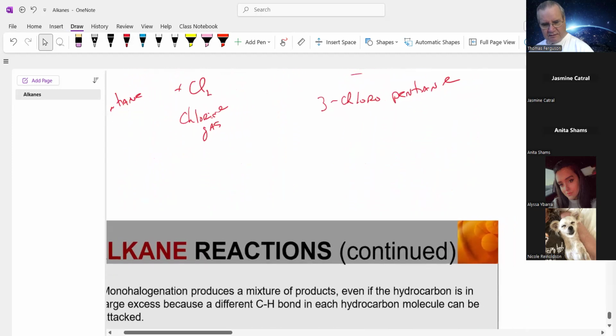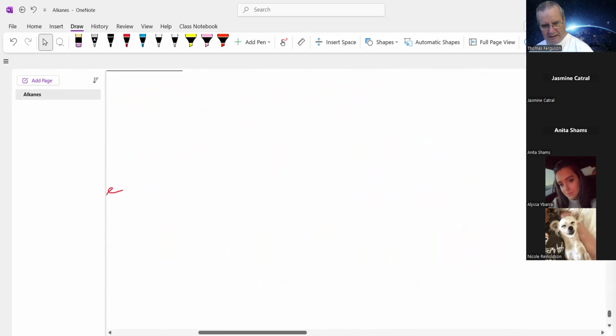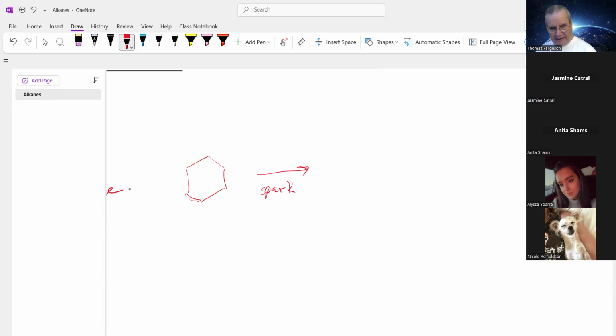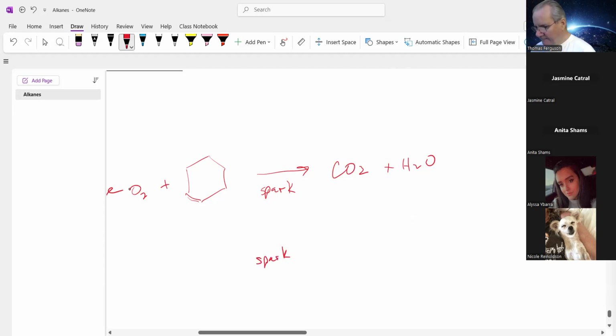Okay, so let's do another example here. Let's say you've got cyclohexane. And we have a spark. What are the products? Well, that's combustion. Products of combustion are always, with adequate oxygen, carbon dioxide and water. We need to add some oxygen gas here. So again, what are the conditions? Conditions are spark. We have oxygen gas and cyclohexane. And the products are